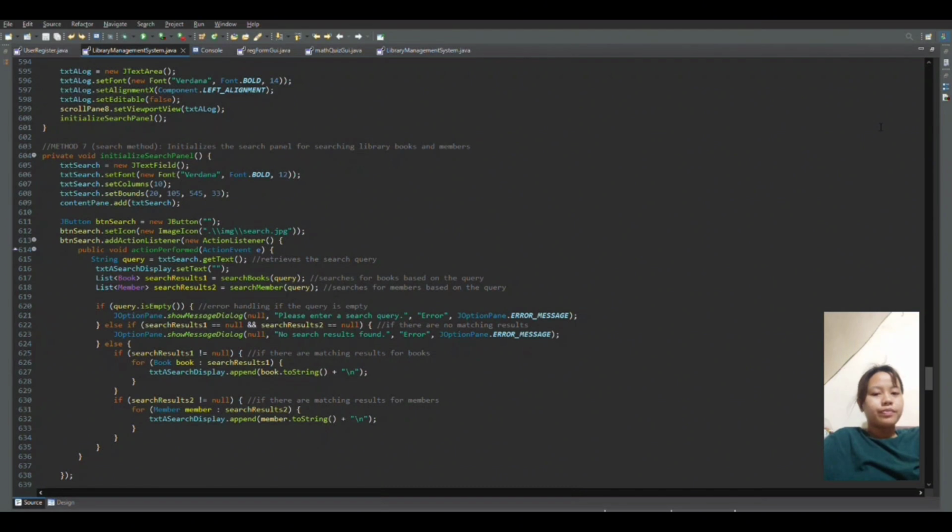Then for (Book book : searchResults1) { txtASearchDisplay.append(book.toString() + "\n");